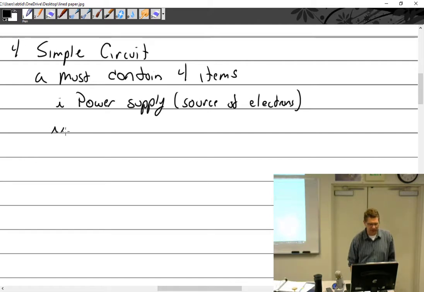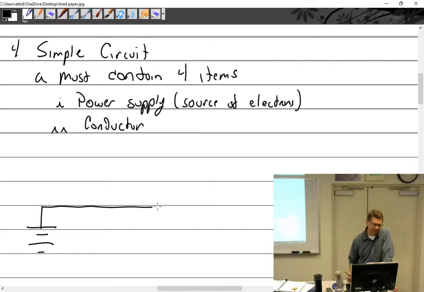All right, what else do I need? Here's my power supply. That is a battery, a multi-cell battery. I told you that's the positive, that's the negative. What else do I need? Conductors. Okay, we'll go with that. So here's a conductor. I've got a conductor, I've got a power supply. What else? Okay, a resistor